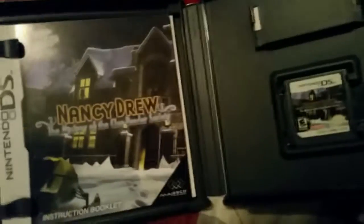And Nancy Drew, look. Boom. Already instantaneously, by the cover and design, it already intrigues me. Is the manual any better? Barely. Kinda. It has something, I guess. It's still kind of gray, but, you know...